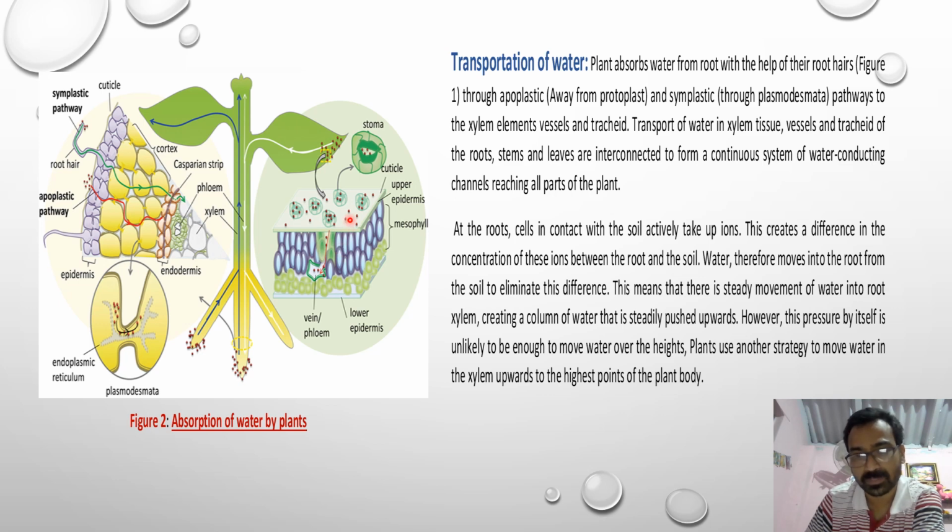Now, what happens in the second part? This is the leaf area. We know the structure of the leaf. This is the epidermis of the leaf. In between the epidermis, this is the mesophyll area having long elongated cells, palisade cells, then the spongy cells, then the vascular tissues. The epidermis has many tiny pores called stomata.